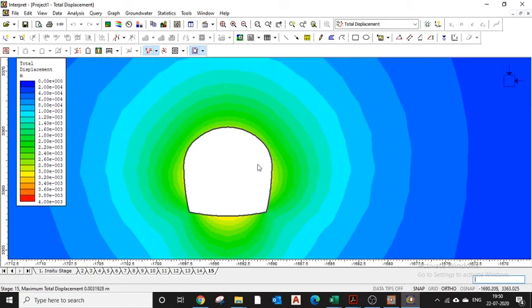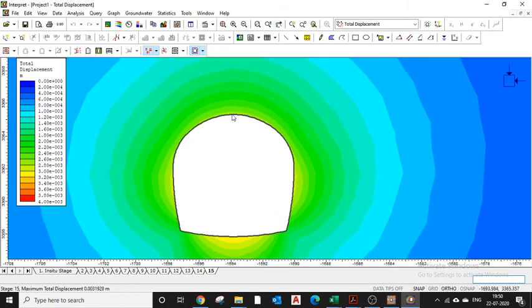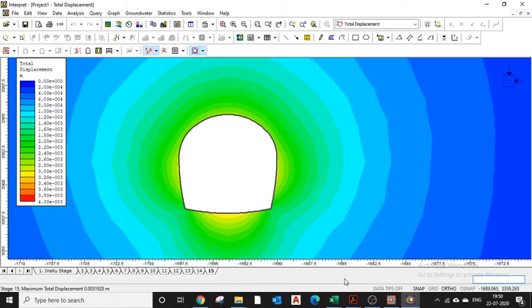As you can see, my total displacement is 3 mm in my case, and the maximum displacement is in the invert of my tunnel. Also on the side walls I have some displacements, and on the crown I do not have much displacement.